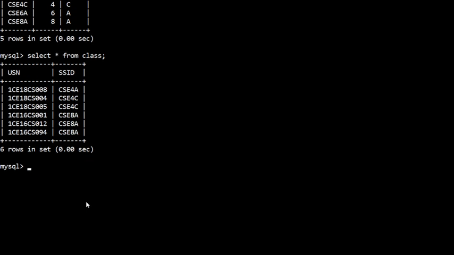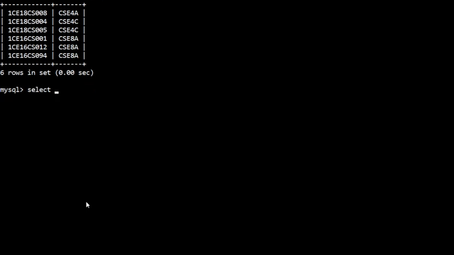So for that we'll write select. I will take all the attributes from the student table, so we'll write student dot star, then semester and section, just to clarify. And from which table? From student. Now I have to join student and class first, and then join that to SEM section. The names of the attributes are common, so I can directly use the natural join.